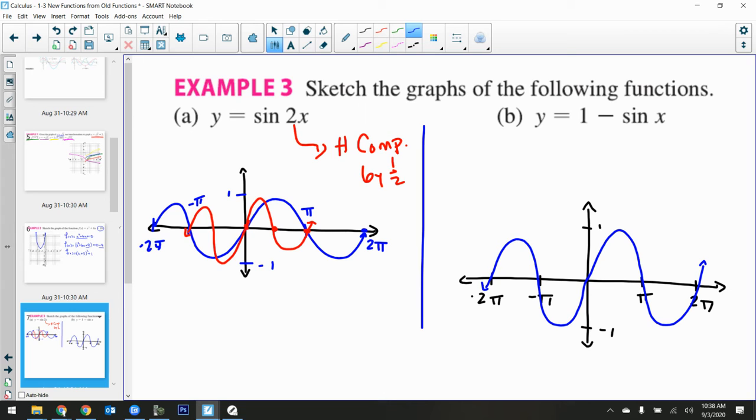All right, 1 minus sine x. What are the two things that are happening? Yes, there are two things. Caleb? Horizontal reflection. Reflection, what do you mean by that? Reflection over the x-axis. Good. Yeah, reflection over the x-axis, because that's the negative, right? That's the negative. And what else? Up one. Up one. Okay. Now,